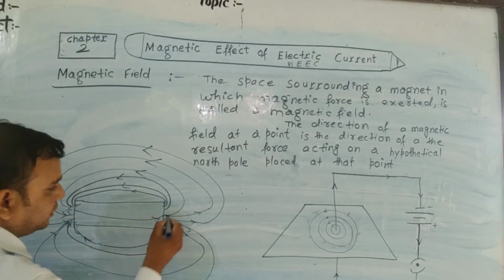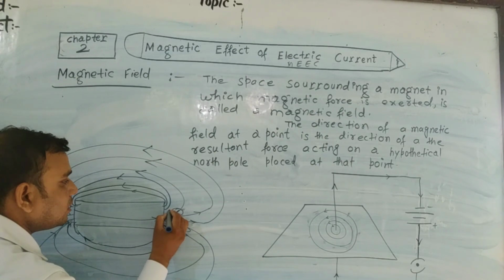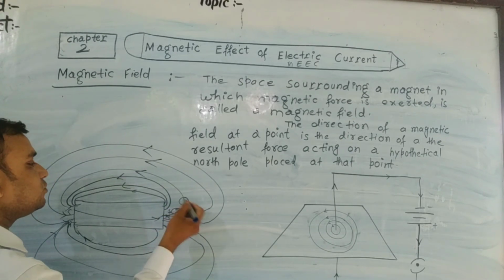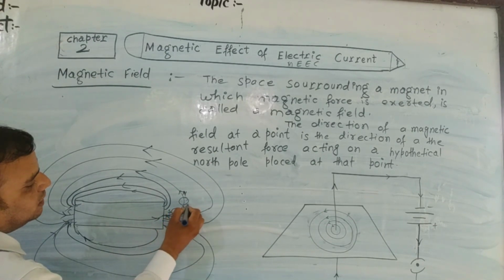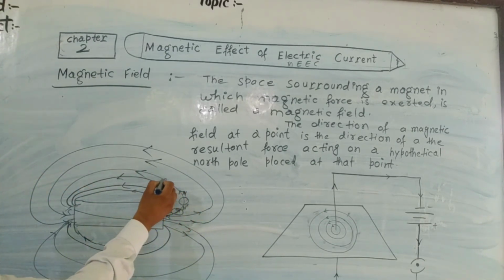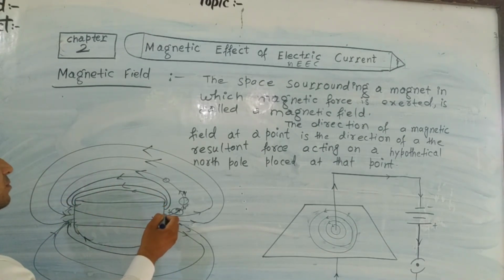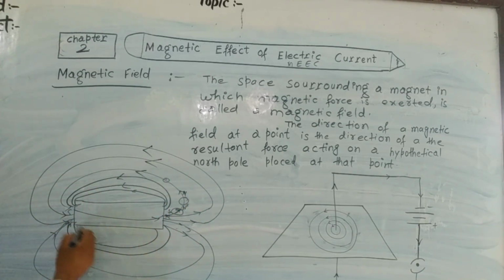Dear student, if you take a compass needle here, this is the north pole, this is the south pole, then it repels and it attracts. This shows the direction. Another, you take another compass needle, this is the direction. So this shows the direction of the north pole, and joining these points gives this. The magnetic field lines on the outer side pass from north pole to south pole, but inside they pass from south pole to north pole.